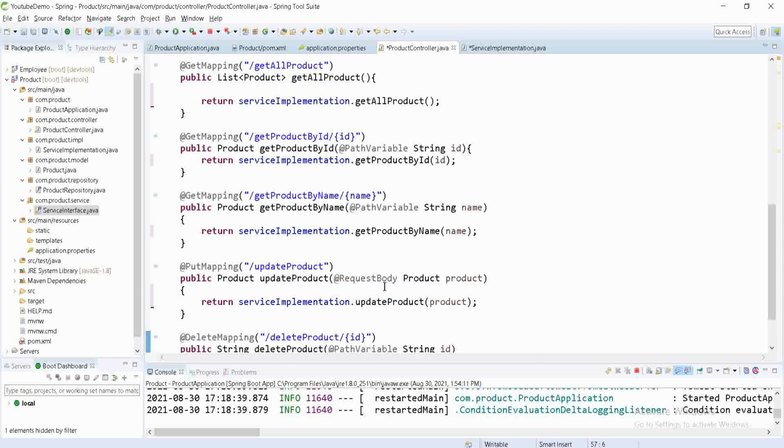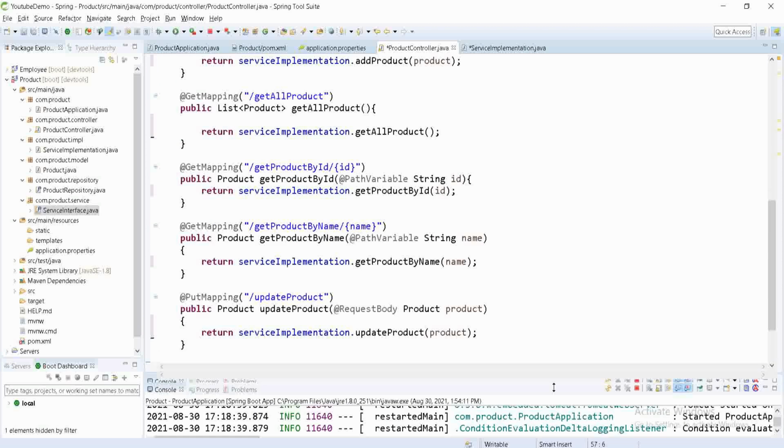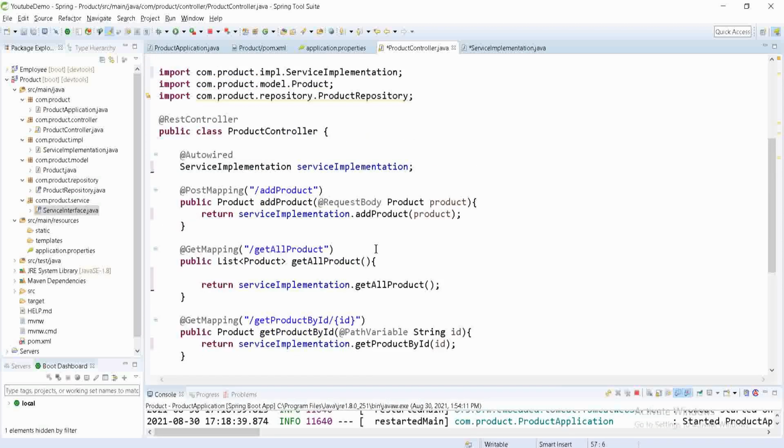So this is how we can convert our project into the MVC architecture.